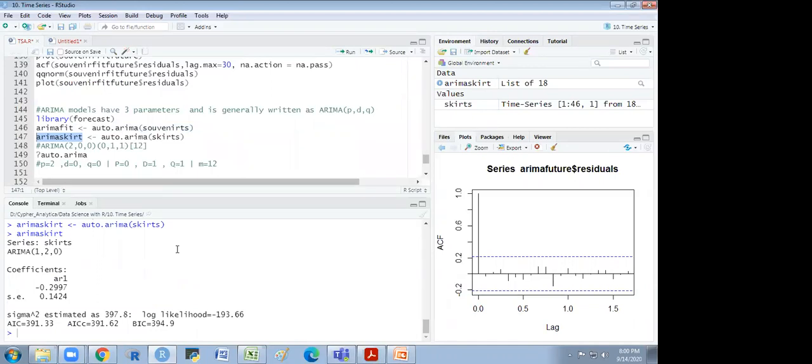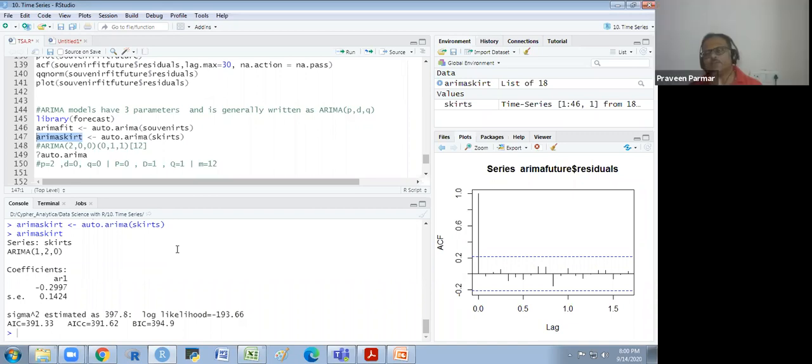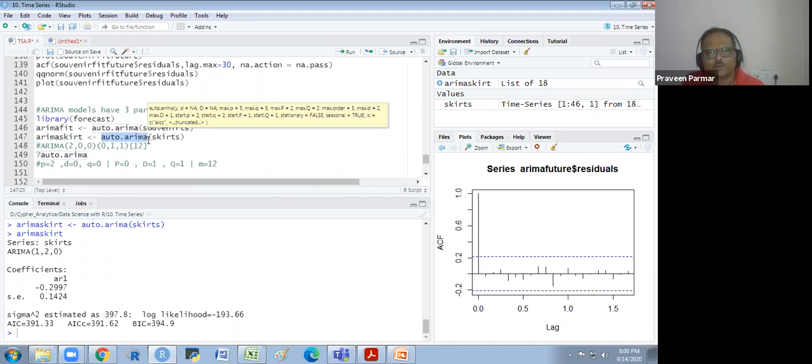Yes, sir. That is for seasonality. The second PDQ is for the seasonality. There is no seasonality in this SCUT data. We have seen that. So there is only PDQ, small PDQ. That is for the Sarima. Sarima we also do through this only. There is no different formula they have given for the Sarima model. Got it, sir.